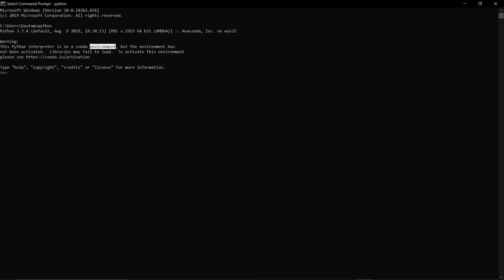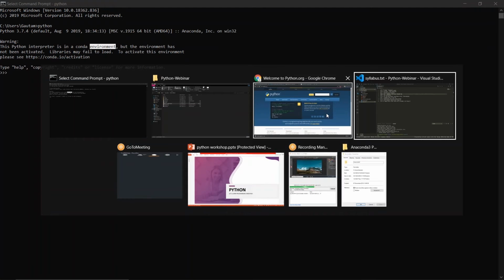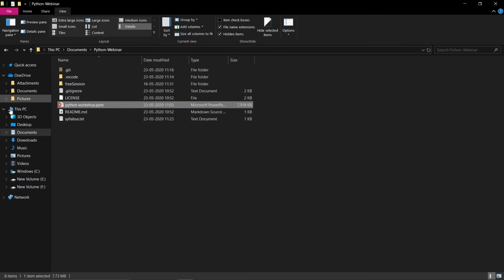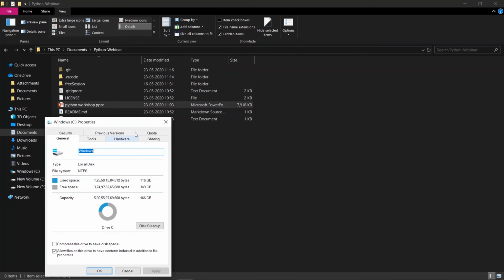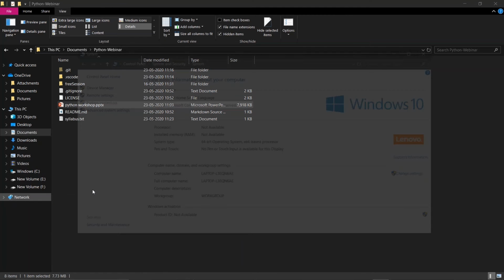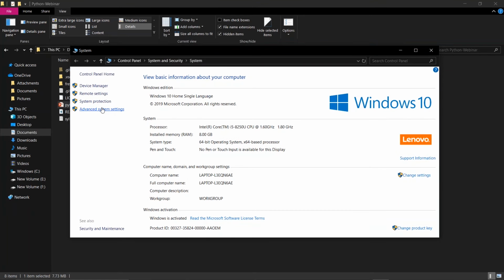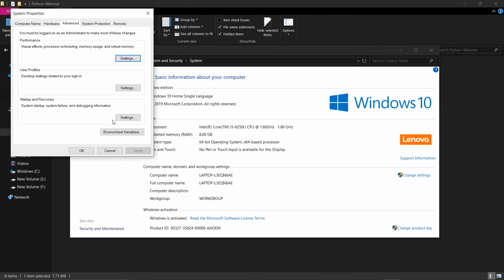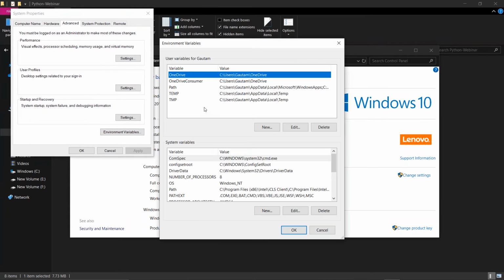To set the environment variable, we will go to the properties right here, and over here, advanced system settings. Then we'll have this environment variable over here, and you will find the path. We will just edit the path.